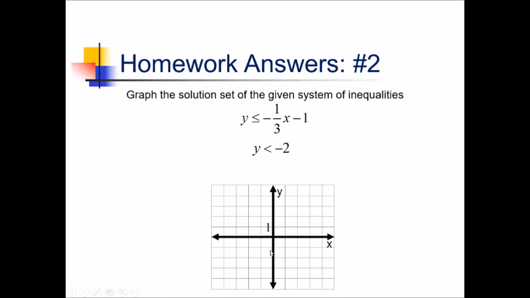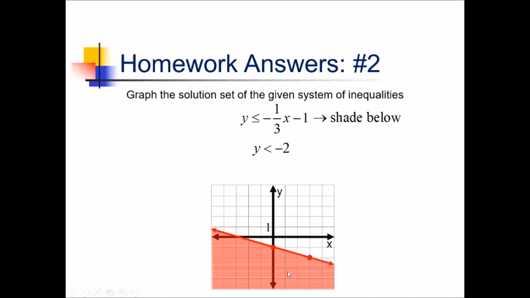Now, what kind of dot am I going to use? Well, since I have the equals under my inequality, that's going to be a solid dot that I'm putting down here. And now I can use my slope of negative 1/3 to draw another dot. So starting at my y-intercept, I'm going to go down 1, right 3. There's my next dot. And a solid line going through those. The less than for my inequality tells me I'm shading below